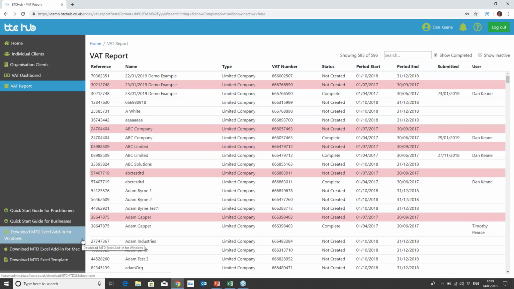Now, importantly, for those of you who use spreadsheets, you're going to be downloading the MTD Excel add-in for Windows. It's going to work on anything from Microsoft Excel 2007 and upwards for Windows. And if you're a Mac user, it's going to be 2016 and upwards. So the software will work with Mac as well as Windows machines. Now, at the bottom here, we've got the Download MTD Excel template, which is where you're going to download the template that we've built for you to fill out those transactions, build up a VAT return detail, and then obviously